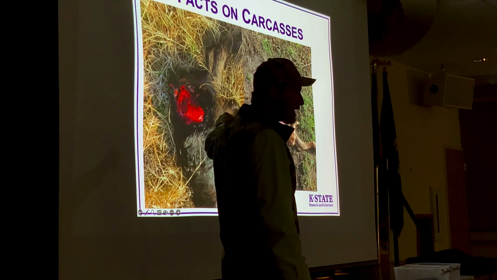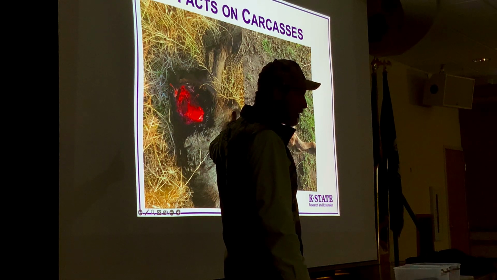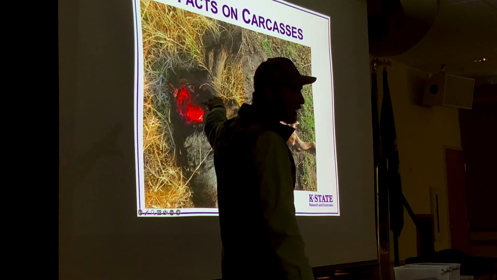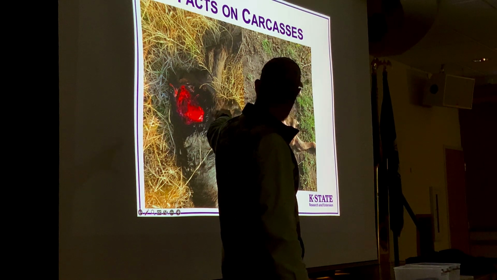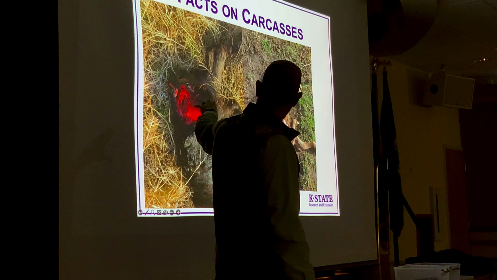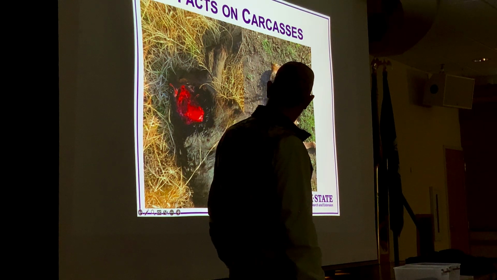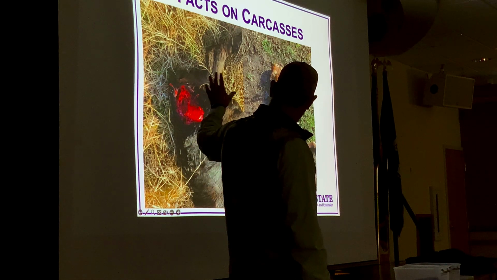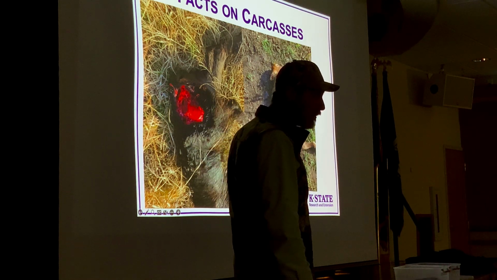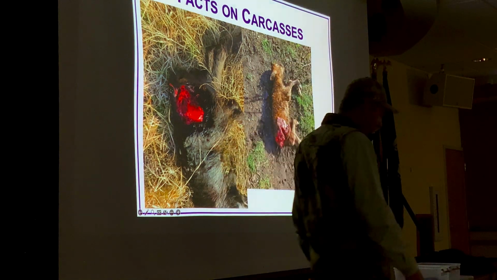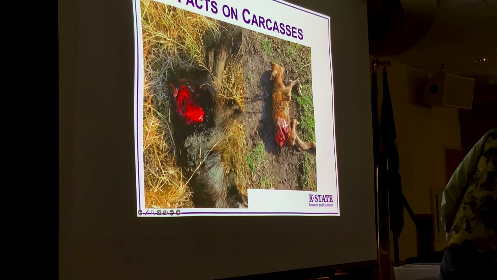I was talking about that really dark red color. The meat looks like there was trauma to it. This animal was alive when it started getting chewed on back here. There's a lot of blood on that black hair. It had been moved from the spot where it was chewed on, where we'd see lots of blood all over the grass too. So that's what it would look like if it got chewed on by a predator.